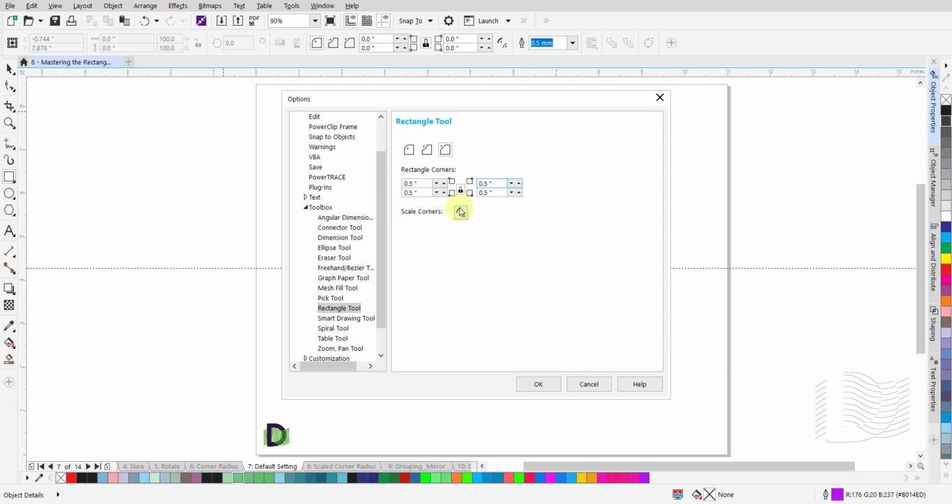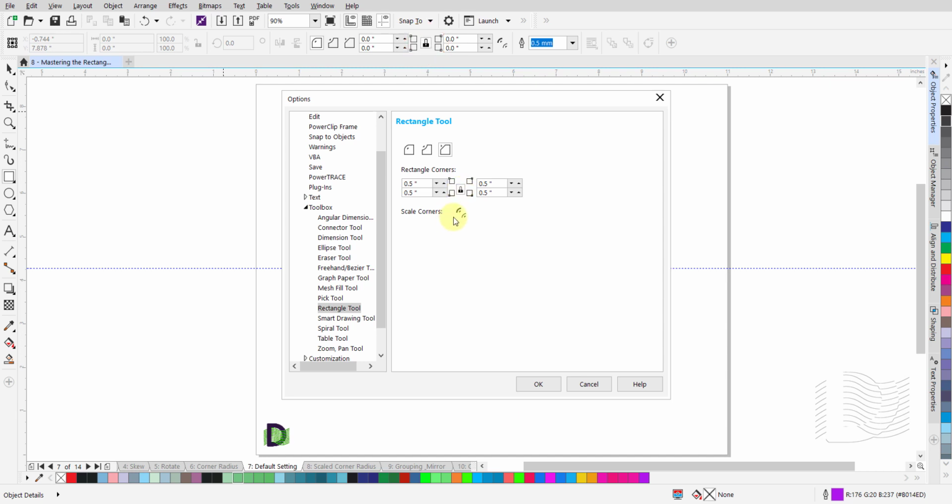In the middle of these 4 fields is the lock. If you wish to keep the lock active as a default setting, then click on it to make it active. By the way, look at the lock icon for the radius fields in the Properties bar. Each time you click on the lock icon in the Options panel, you will see the lock icon alter its state in response to your selection.